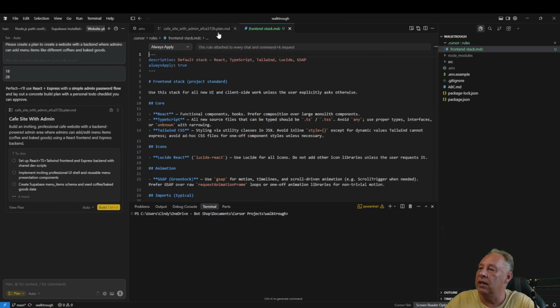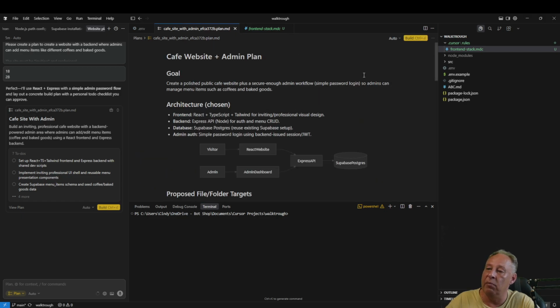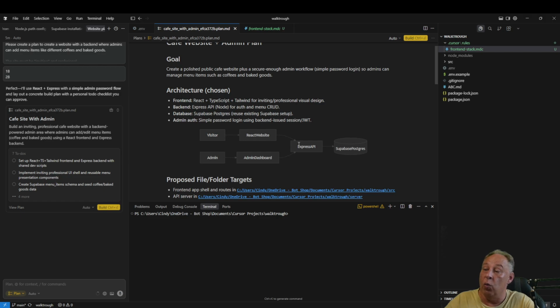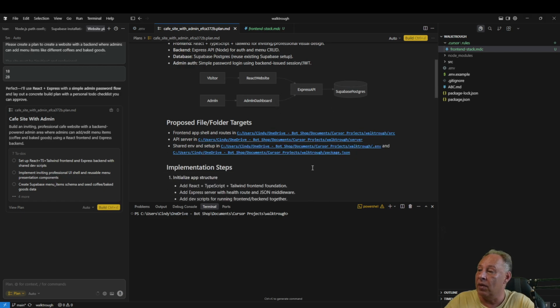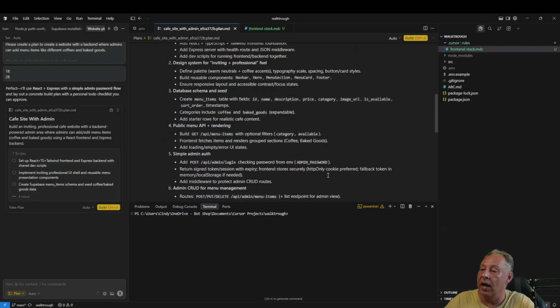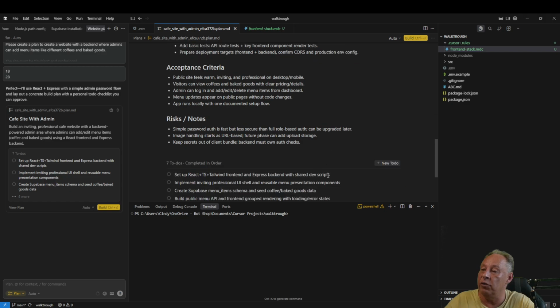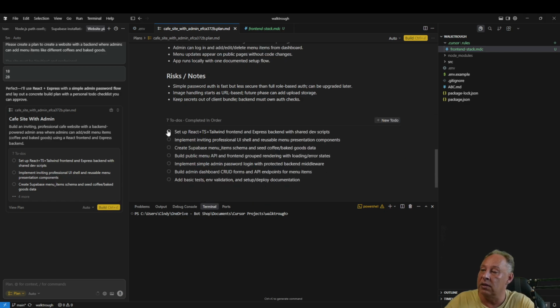What you can see is it created a plan in MD format with diagrams and things like that. I also asked it to create its own to-do list, which it did. So it'll start marking off things as it's doing it. You can simply click build here or build there, and it will start building it. Before build, you can say, you know what, after each major step,